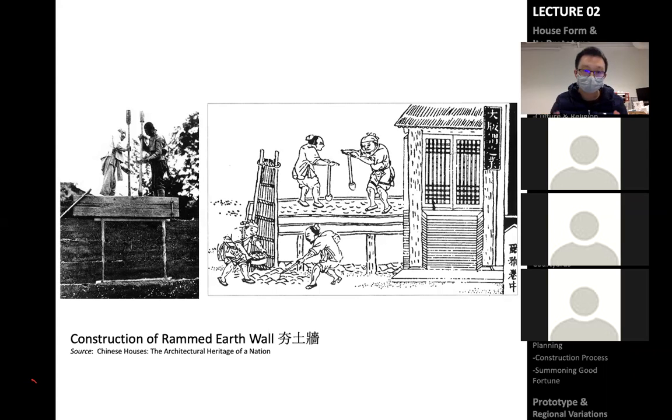The thick walls are built step by step. You have a very shallow wooden framework that you place on the four sides of the site where you want to have the wall, and you infill the rammed earth inside of this shallow framework, and you use long bars and your foot to squeeze it and make it solid, thick and heavy. Therefore, one layer by one layer, you can create a long rammed earth wall,